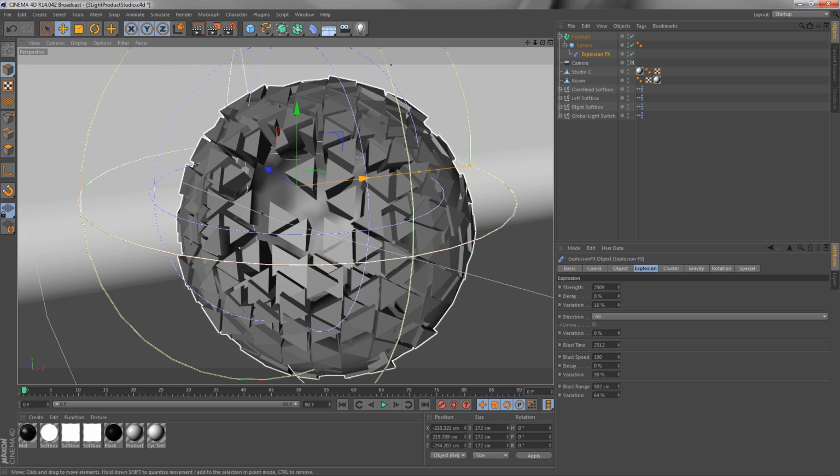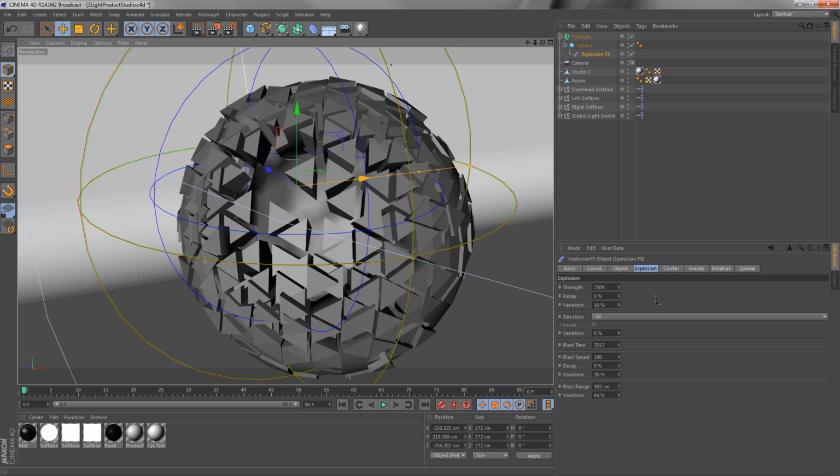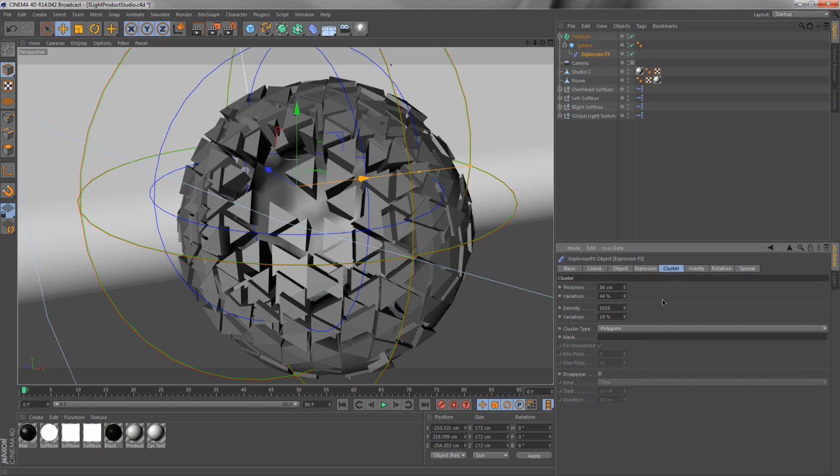So just mess with the settings a little bit randomly, and let's see what I have going on here. I have the explosion strength set to 2,309, the variation at 16%. I have a blast time of 2,312, a blast speed of 100 with a variation of 38%, the blast range at 502 centimeters, the variation of 64%, and the cluster has a thickness of 86 centimeters with a variation of 44%,